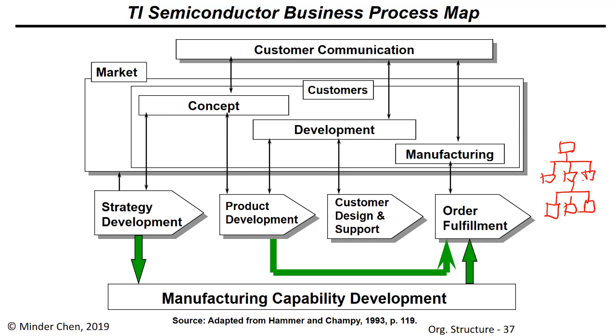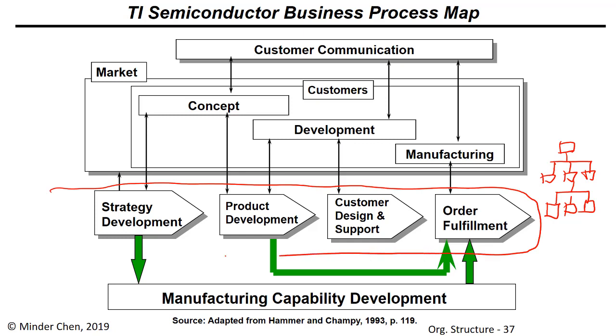In this business process map from the TI Semiconductors division, you're not seeing the typical hierarchical organizational structure chart, you're seeing actually some high-level processes that the TI Semiconductor needs to perform,